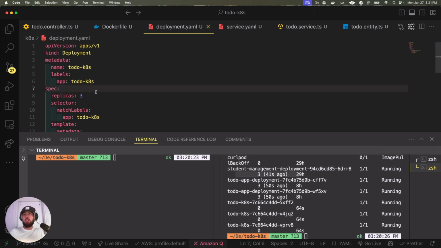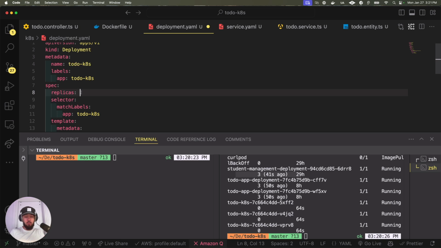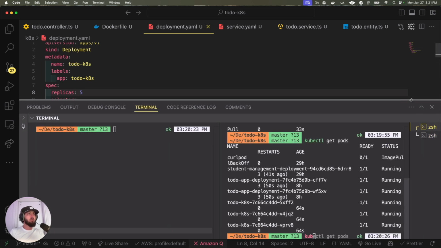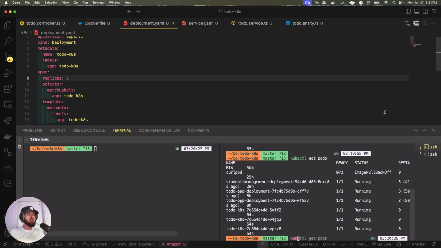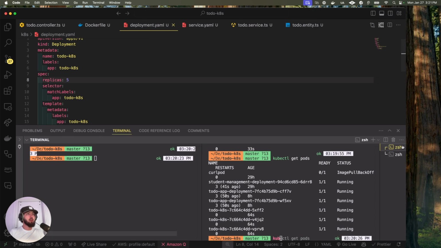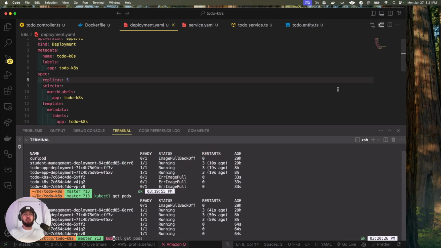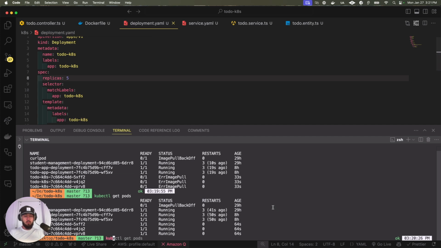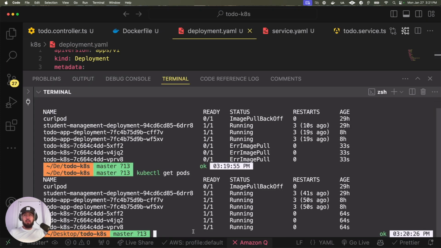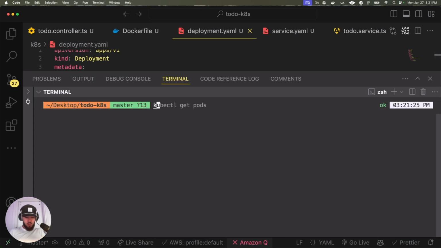Now, if I change the replicas here, we're going to see the number of pods change. So I'll change this to 5. And if I do Kubernetes, here, let me zoom in a little bit. And let me zoom out to delete that. Okay. Let me zoom in. Boom. So if I now do kubectl apply on that deployment file,